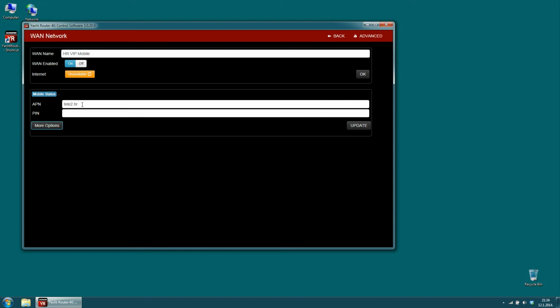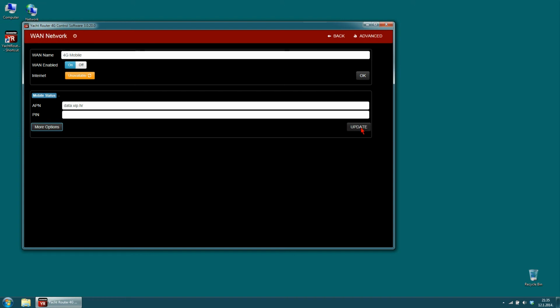The best way to find out the correct APN for your SIM card is to contact your mobile provider. Of course, you can search the internet for the APN, but sometimes you will find multiple and confusing information. The correct APN for my HRVIP mobile network is data.vip.hr. Once I click on the Update button, it can take up to 1 minute for the Yacht Router to connect to